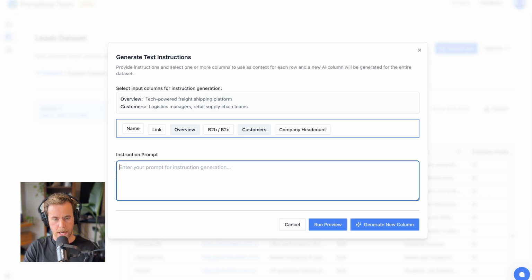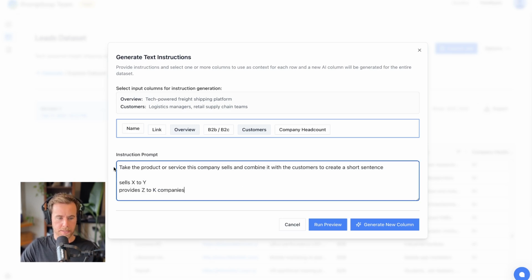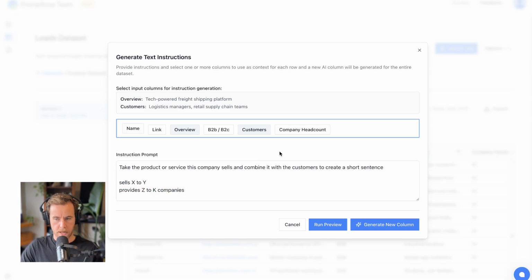There's a little bit of experimentation here, but I'll just show you how it's quite easy to get to exactly what we want and then run it on each individual row. We can, in the instruction prompt, write anything. What I did is provide a short set of instructions and then 2 quick examples. I'm actually not sure if this is going to work, but the nice thing is we don't really have to